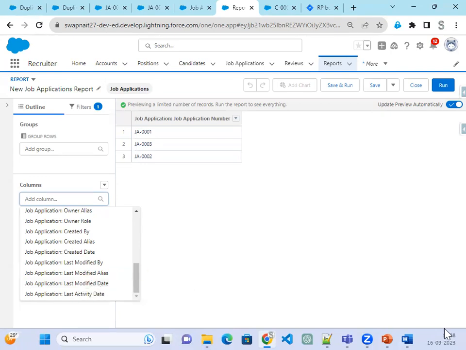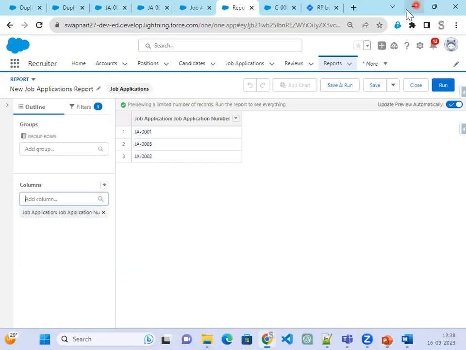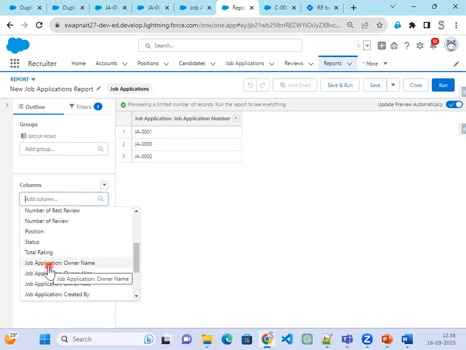Related review reports. Now I have created, as you mentioned, the report on job application. What it says is job application having the related review reports. Now, do I have related review reports here? I have